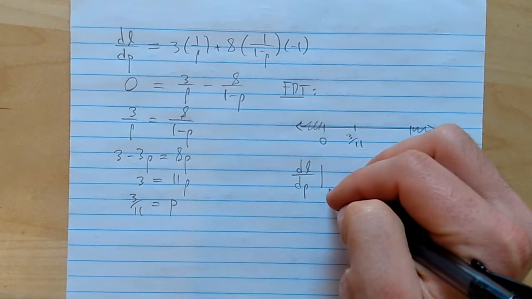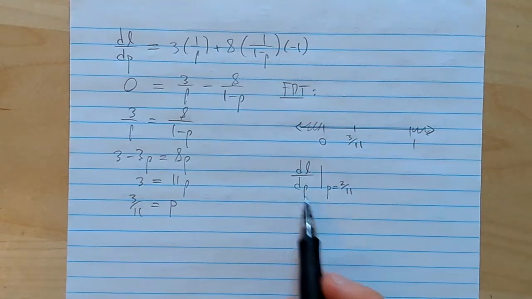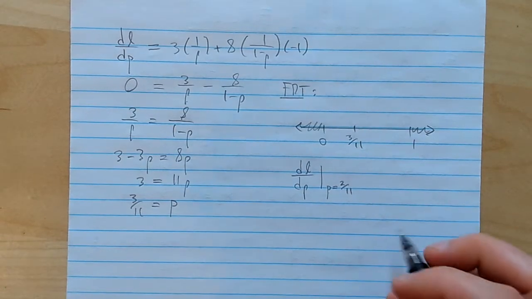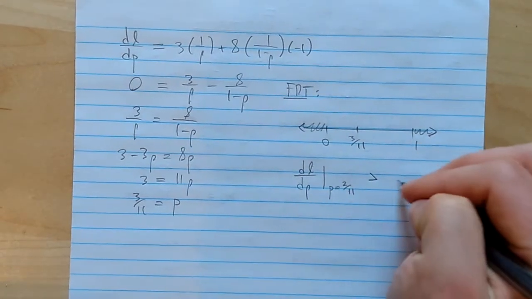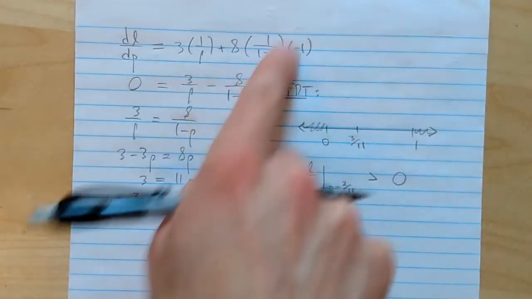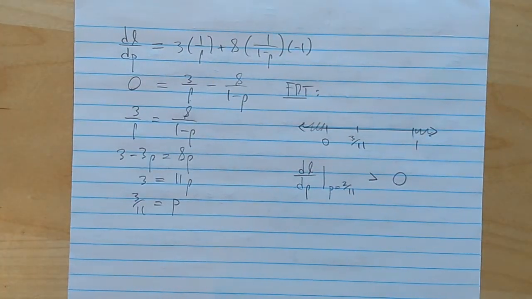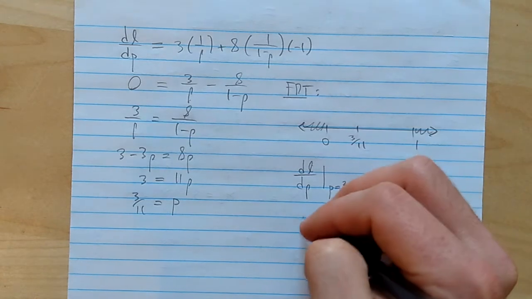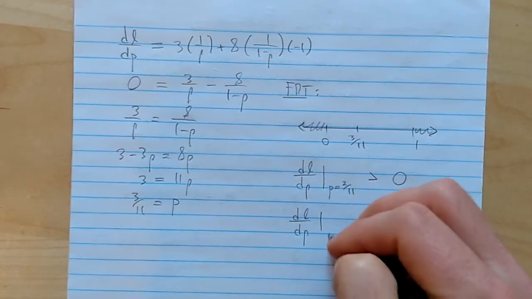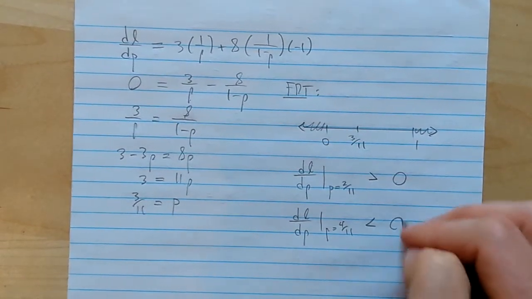So maybe I'd evaluate this at p equals 2 over 11. Remember this notation: the derivative of L with respect to p evaluated at p equals 2 over 11. If you were to do that, I'm not going to do it, you would see that it's positive. So just take this derivative and plug in p equals 2 over 11. I don't care what it comes out to be, all I care is that it's positive. You can check that. On the other hand, if you were to take dL by dp at a value like p equals 4 over 11, on the right-hand side of 3 over 11, you would see that it